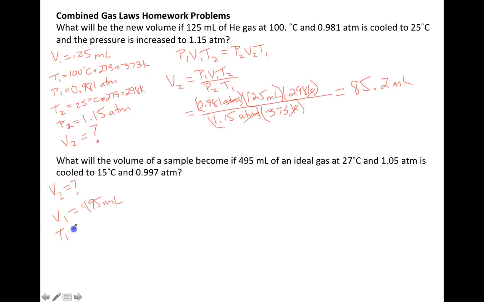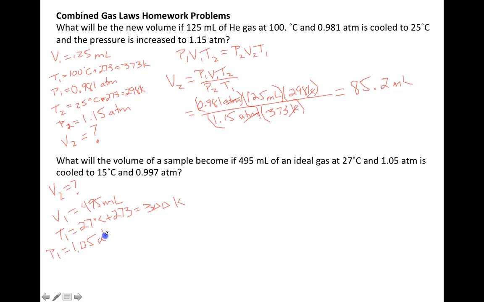So T1 is 27 degrees Celsius plus 273 is going to equal 300 kelvins, and P1 is equal to